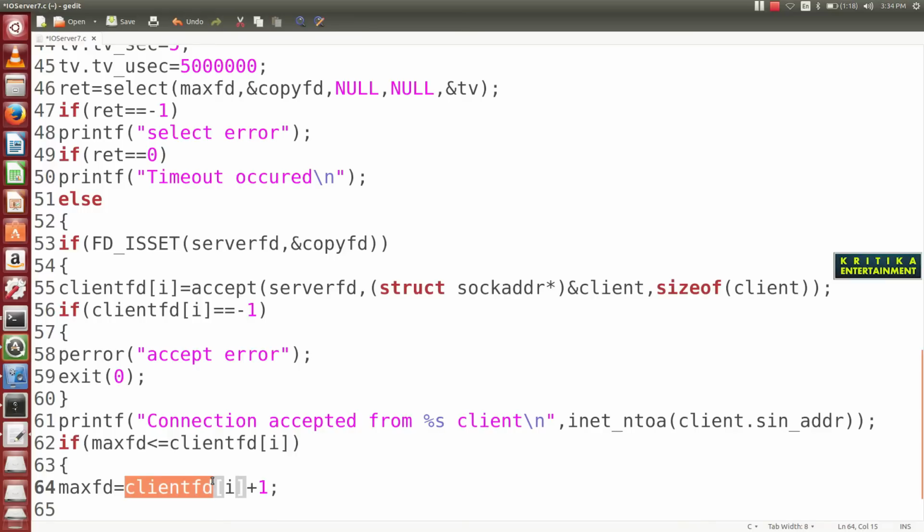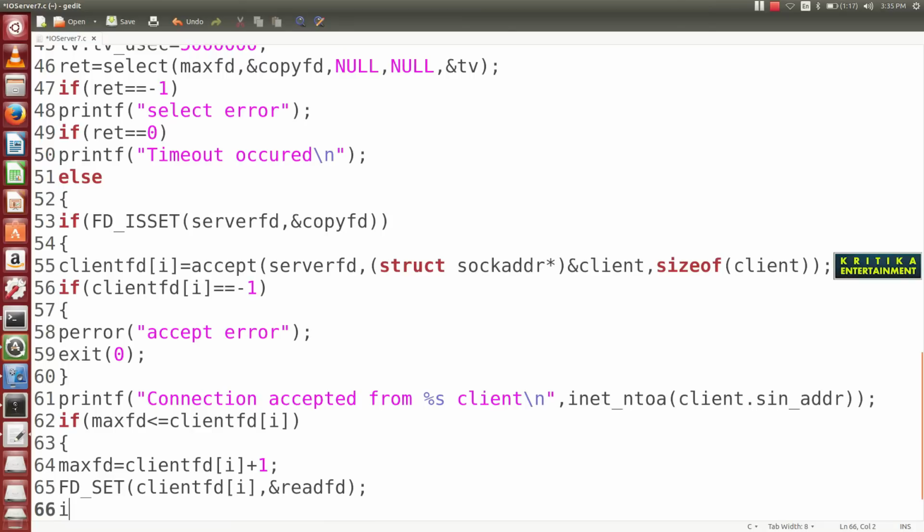So here I will write FD_SET, client_fd[i], &read_fd. Then i plus plus.